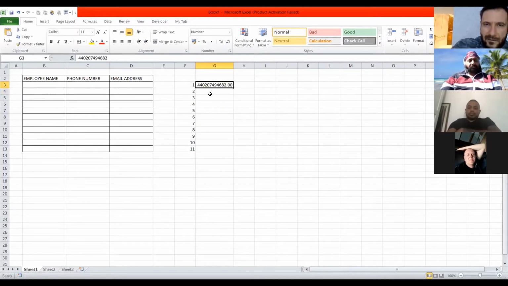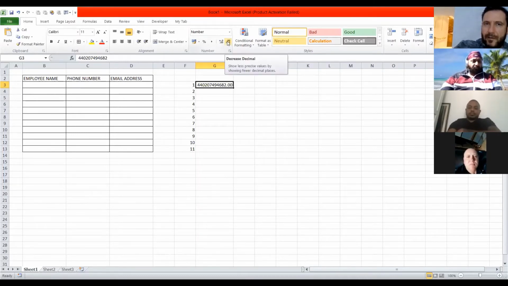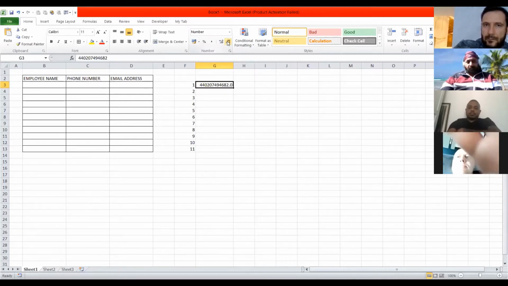Because it's set as a number, the plus goes away. And now you see there are 2 decimals there. So now I'm gonna remove the decimal, pressing this button on the top 2 times, and it's gonna remove the decimal.